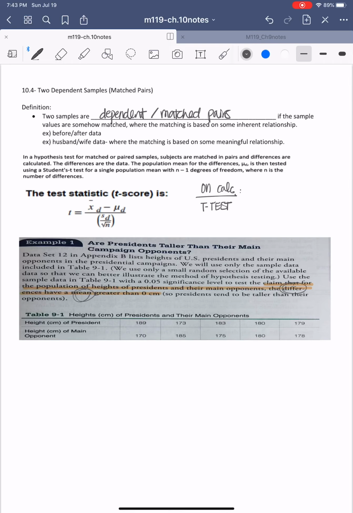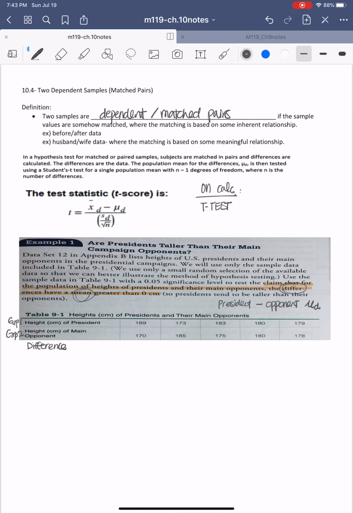So this is not really looking at the mean compared with the second group. You're really looking at the difference of president's height, subtract opponent, and then look at the mean of their difference value. So here's what we are going to do. We are going to create another row, calculate the difference value. In the past, we had group 1 data, and then group 2. Now, we are not going to do that. We are going to now calculate the difference between group 1 and 2, and then look at their mean of